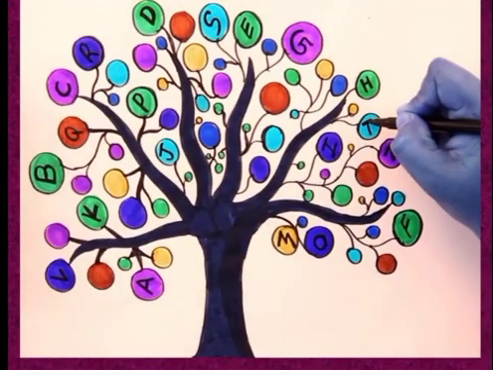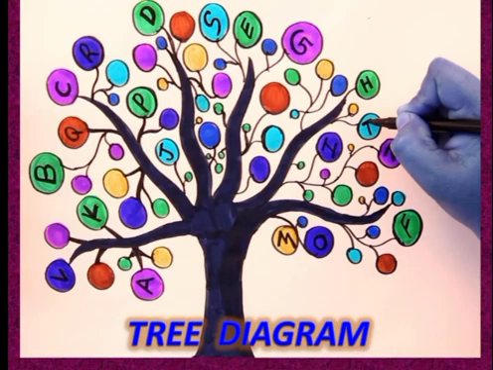Okay. Now, the second thing that we are going to see is the tree diagram. Now, these tree diagrams you have already done in your previous standards. But the only thing is you were doing it in the form of shapes joined together. But exactly what is a tree diagram?